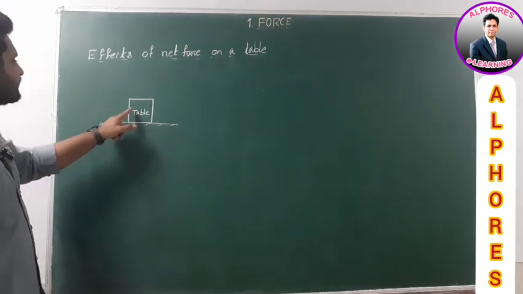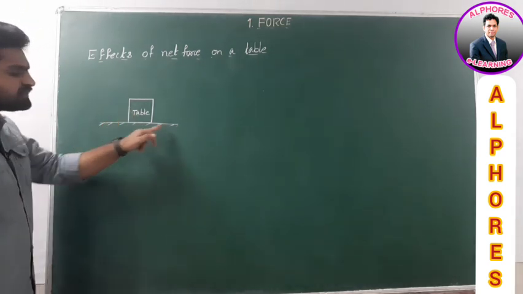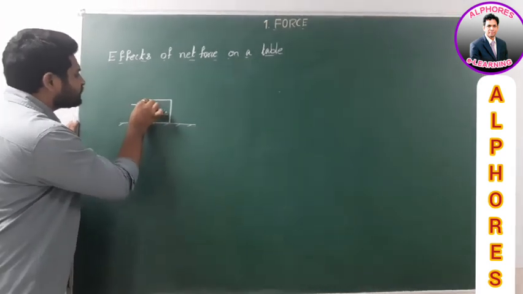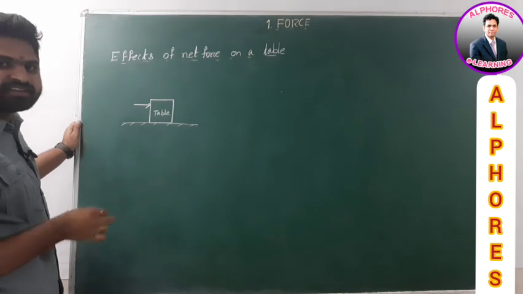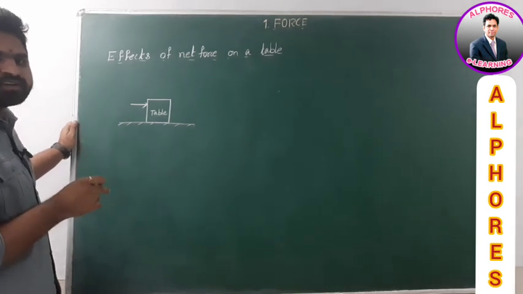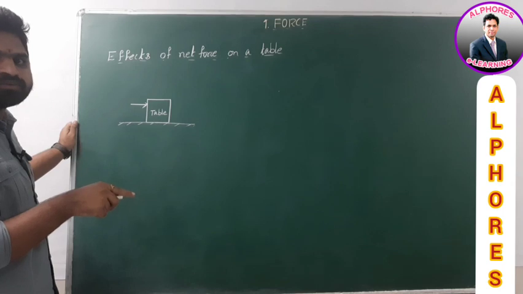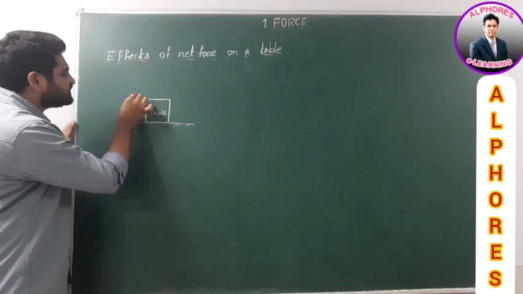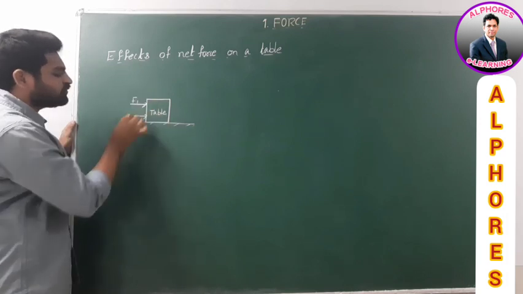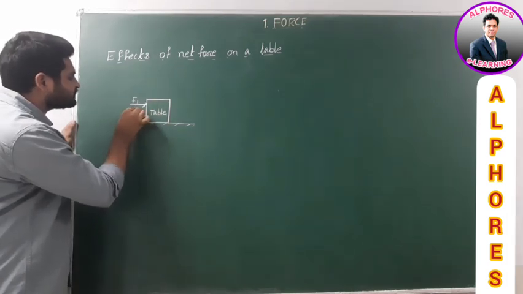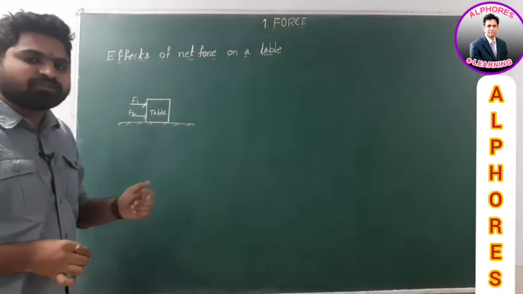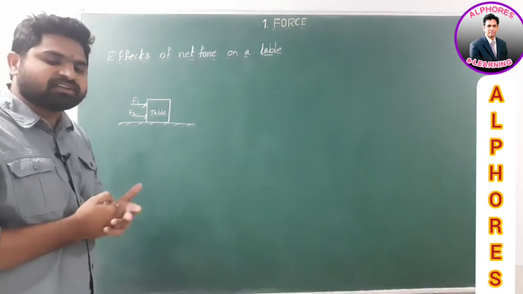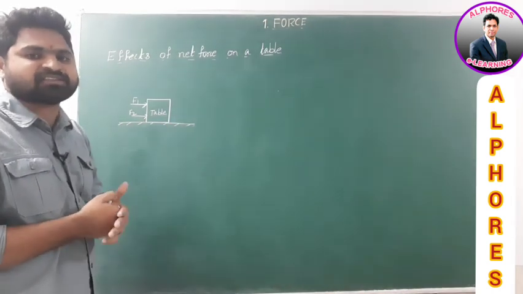So let's imagine this is the table which is resting on this floor. Now you try to push the table. Is it so hard to push? Okay, ask your friend to help you in pushing the table in the same direction. Let's say the force applied by you is F1 and the force applied by your friend is F2. Now in this case, what happens? Is it easy to push the table when compared to the previous case? Yes, it is very easy to push the table in this case.